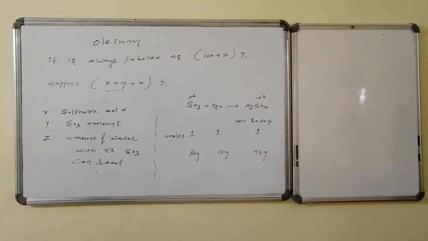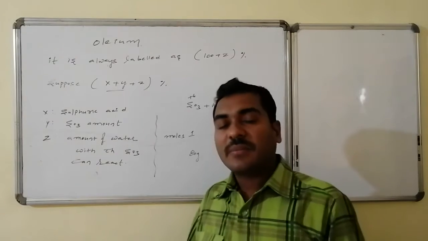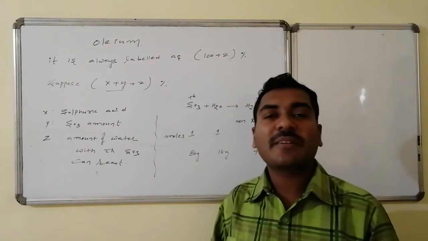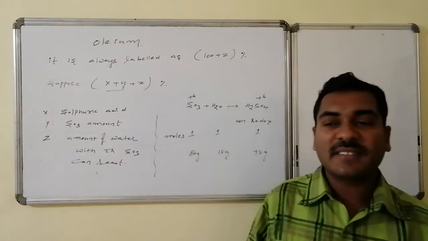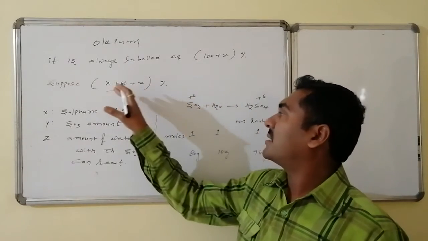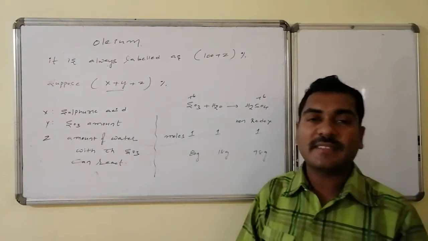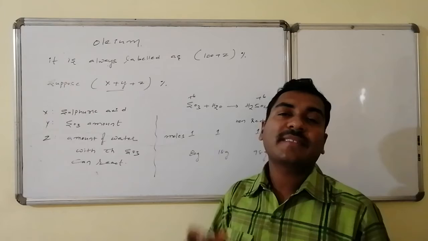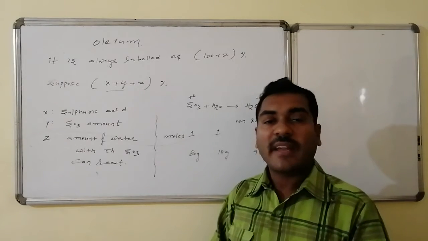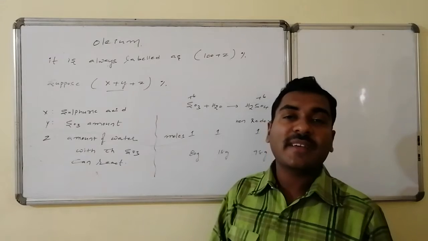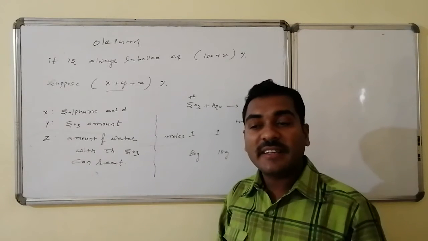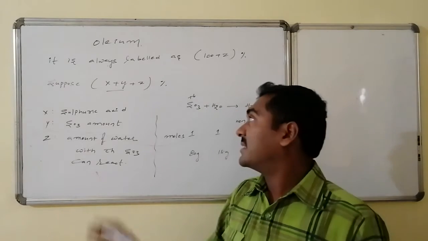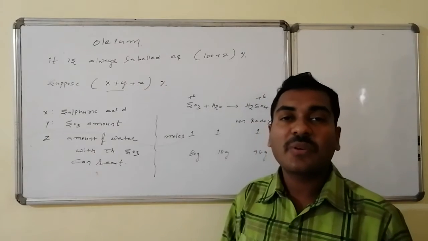The label is always presented in the form of 100 plus Z percentage. If I represent it in an easier manner, it is x plus y plus Z percentage, where x plus y is equal to 100, and plus Z is as it is. There are two terms here. x is the amount of sulfuric acid present in the 100 grams. y is the amount of free sulfur trioxide present in the 100 grams. Z is the amount of water that can react with the free sulfur trioxide, that is the y amount present in the 100 grams of oleum.